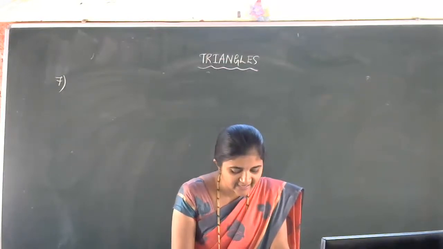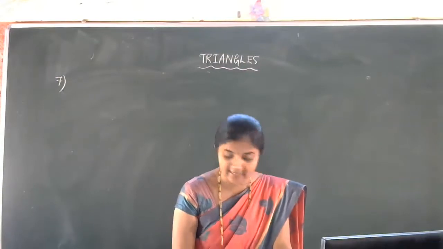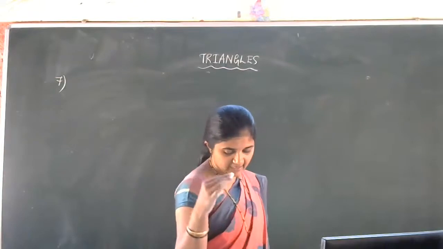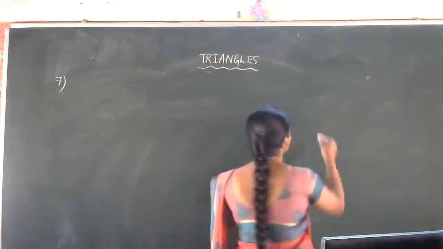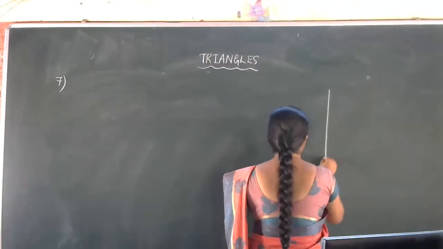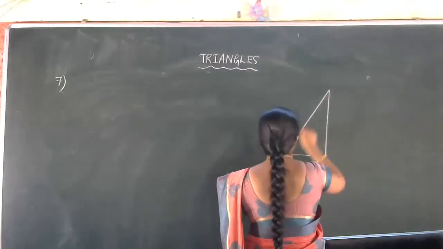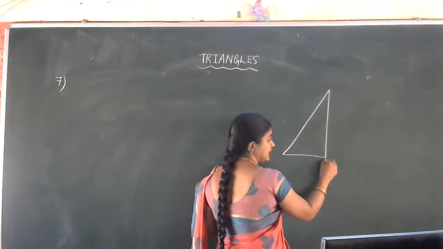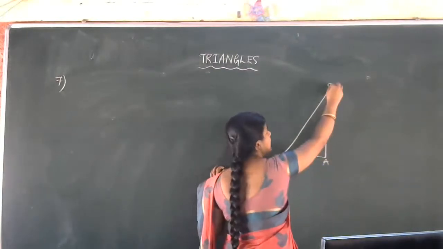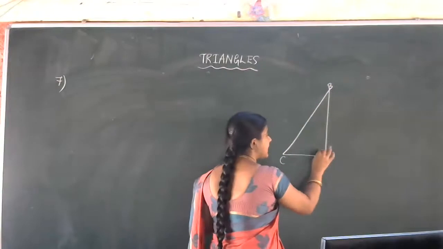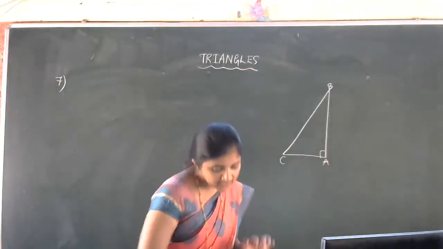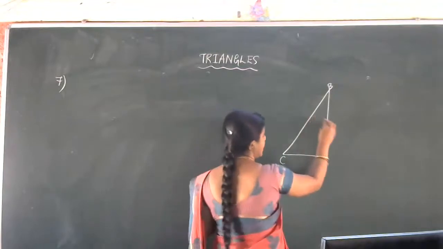Then angle ABC is equal to ACB, no? So both are equal in the sense. Can we take x and x for the same angles so that it is easy? So we are taking x plus x plus angle BAC, which is 90 degrees, it is given, is equal to 180 degrees. Now x plus x is 2x plus 90 degrees, which is equal to 180 degrees.